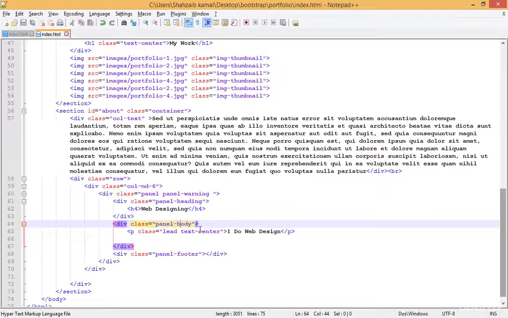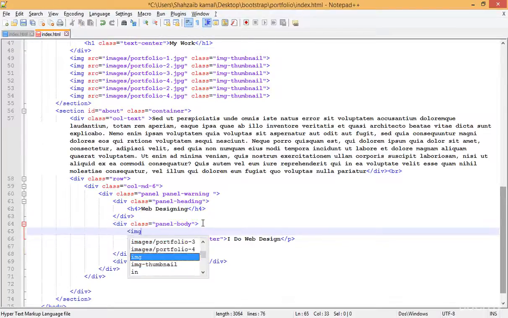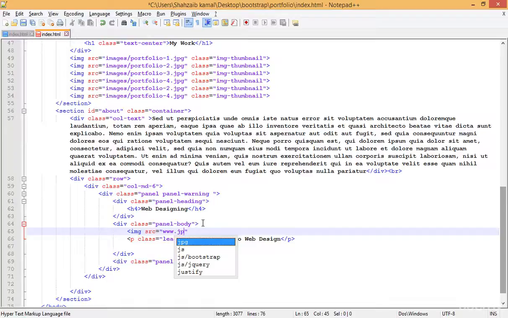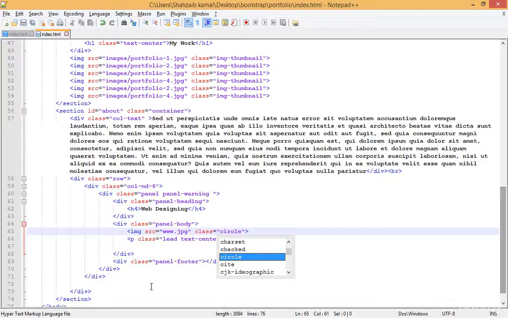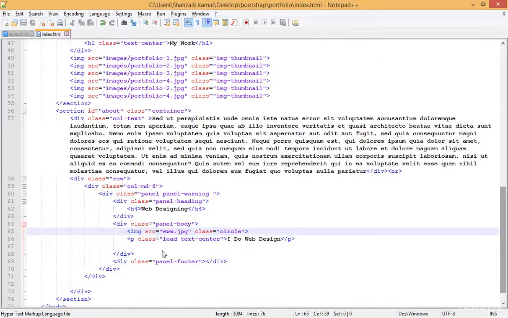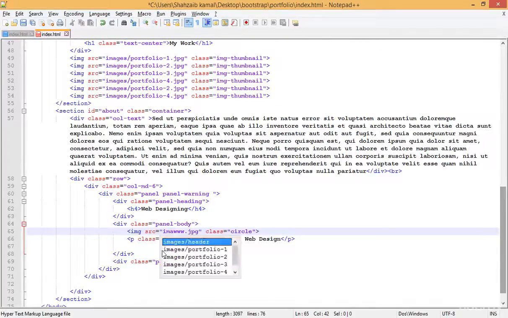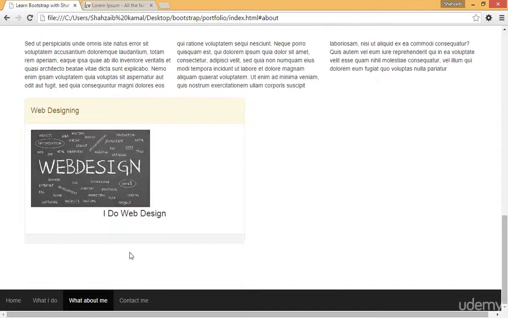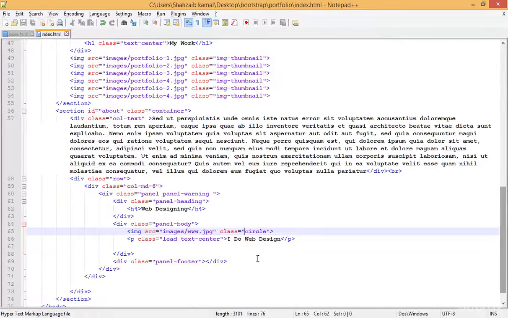So there I'm adding the img src equal to, and typing www.jpg, and then closing that. The class I'm adding is circle. Now save and refresh that. Now I'm not getting the image because I didn't put the images folder in the link, images slash, and then refresh. Now I got the image,